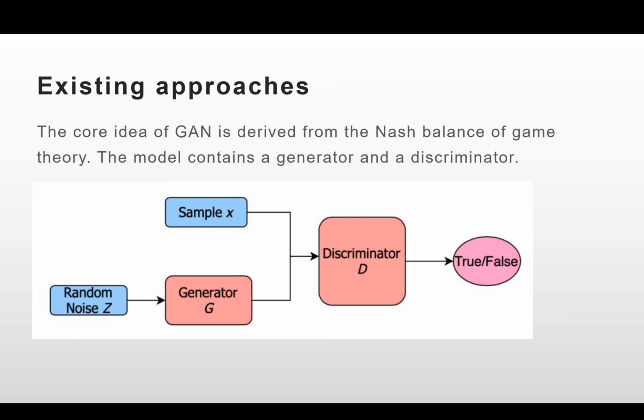The structure of GAN is shown in this figure. We can use the differentiable functions G and D to represent the generator and discriminator. A random noise z is the input. The generator tries to generate data that conform to the real data distribution as G(z). The generated sample G(z) and the real sample x are respectively input to the discriminator D. The discriminator judges whether they come from generator data or real data.